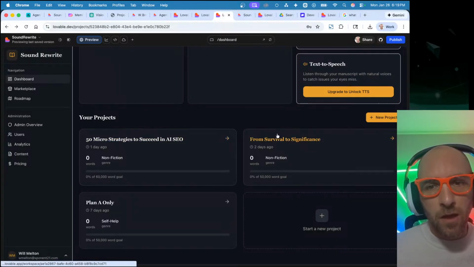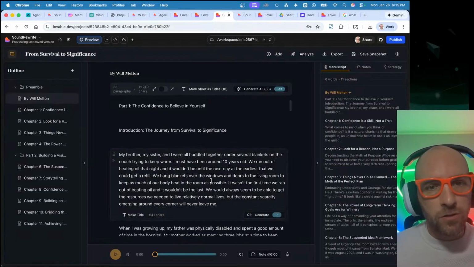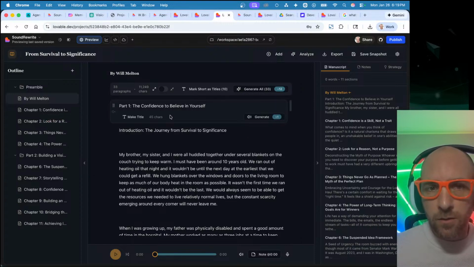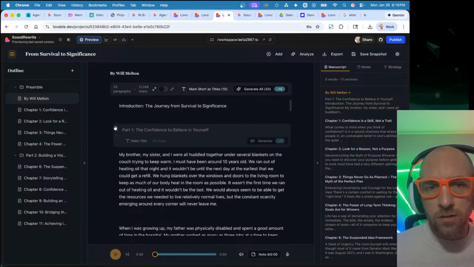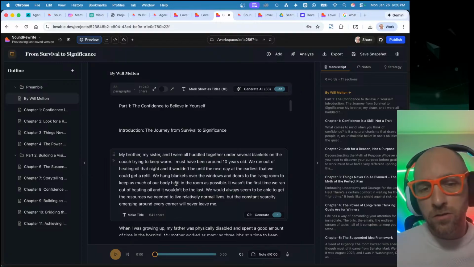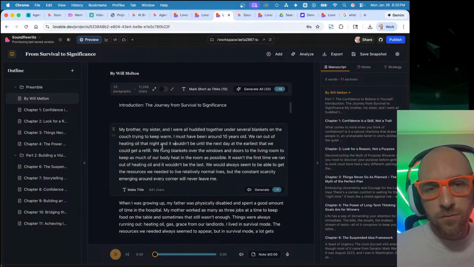So I'm going to go back into one that I have open already and show you how I can navigate this and see my chapters and reorder my chapters and do some other things like delete. I don't want to do that. But we can essentially organize paragraphs and sections of the book with ease, but we can also listen to these